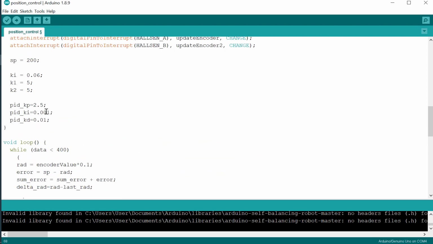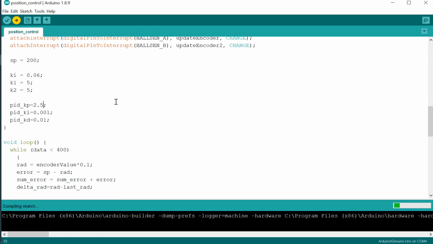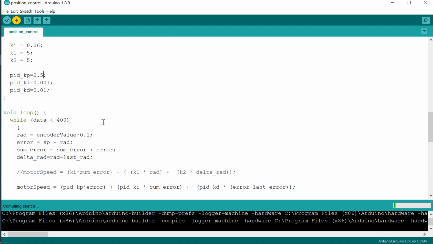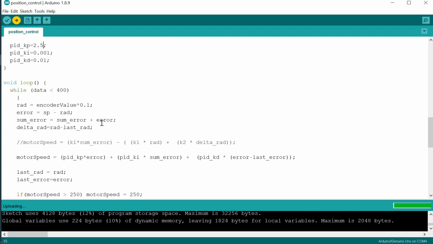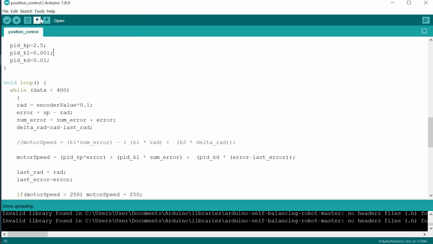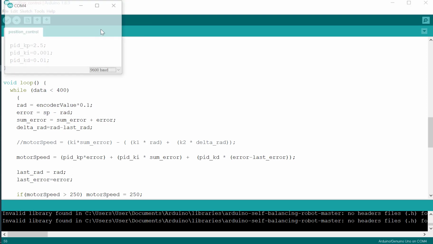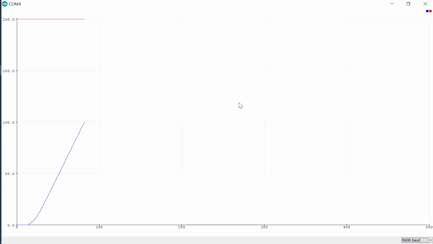Okay, this is the value of the PID controller. We will try again because the parameter tuning is still trial and error. So we need a lot of experiments to find a good response.